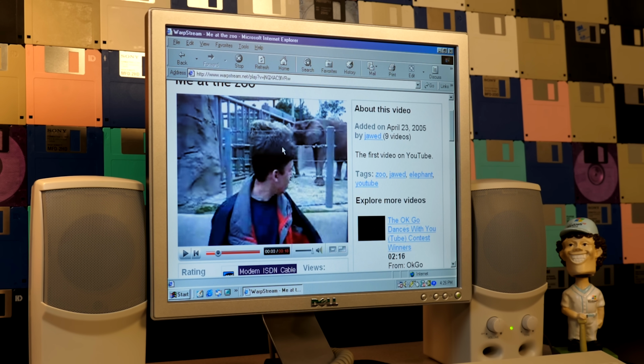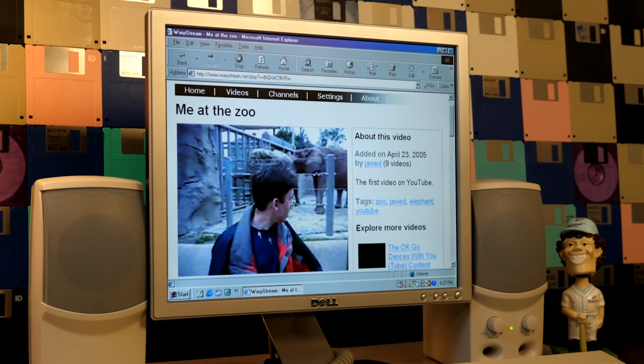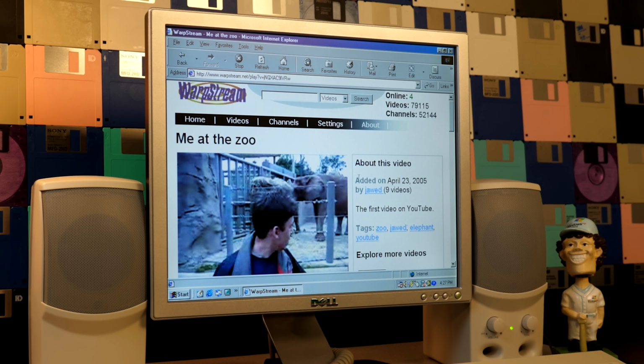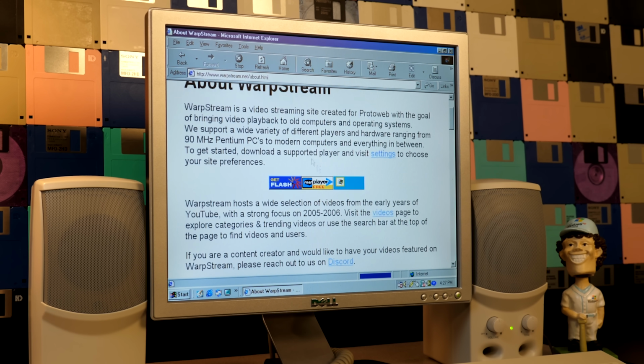So you've got three different players that you can use. This is the Flash player, which is going to give you the most authentic experience. In fact, this player will look very, very familiar to you if you watched YouTube videos in the mid-2000s. If you don't have Flash player, you will get a message that says you have to download it, and you can do that by going to the About tab here, where they have download links for Flash Player, Real Player,